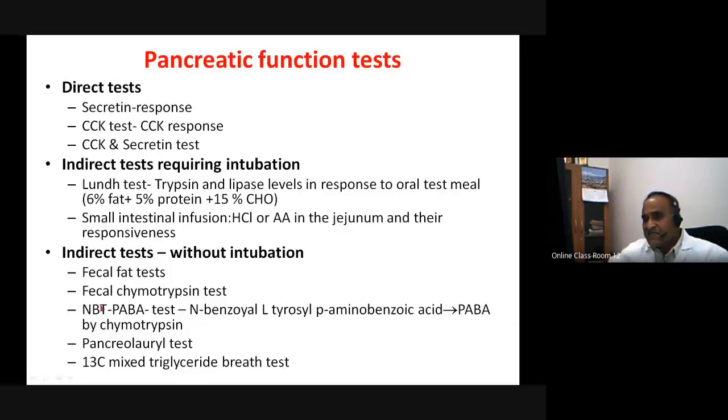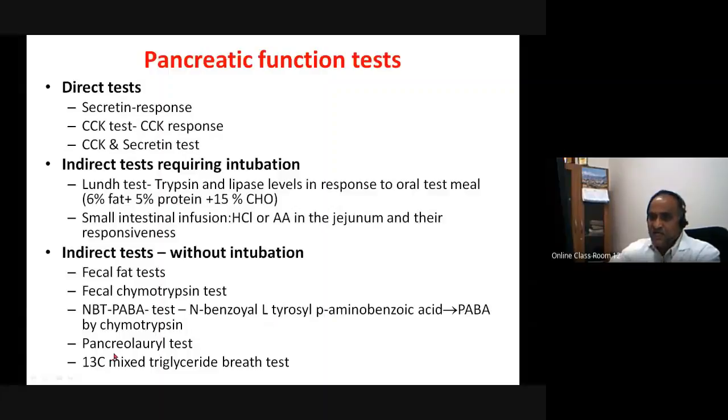There is another test called the NBT-PABA test. NBT is N-benzoyl-L-tyrosyl para-amino benzoic acid. When activated by chymotrypsin, this is converted into para-amino benzoic acid. So you take the duodenal contents and add this particular substrate. If it is converted to para-amino benzoic acid, that means chymotrypsin is present. So this is the basis or the principle on which the NBT-PABA test is